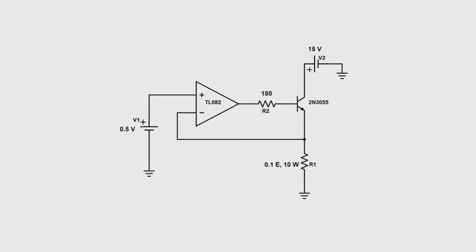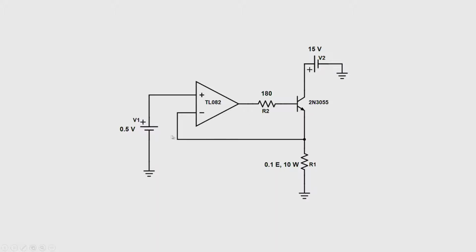So for that we will be using this particular circuit, which uses an operational amplifier. It need not be a TL082, it can go with a 741 general purpose operational amplifier too. And this is the 2N3055 which we have seen just previously, which has a temperature sensor mounted on it, and it is powered with plus 15 volts. The base of the transistor is connected to the output of the operational amplifier using a current limiting resistor so that it will not damage the transistor, and to the negative feedback we have connected the emitter of the transistor.